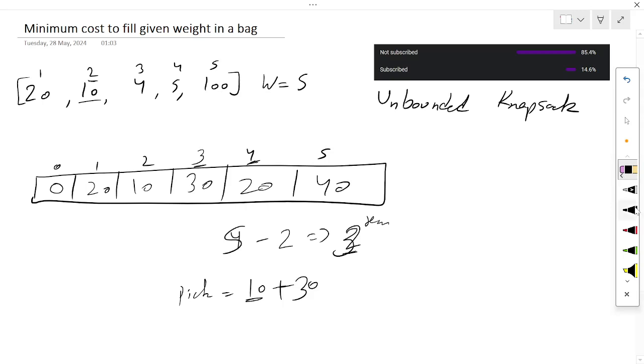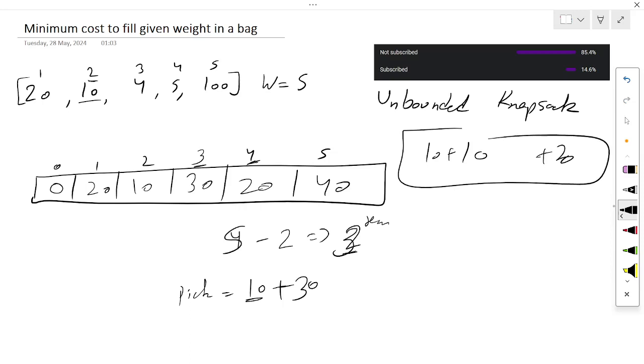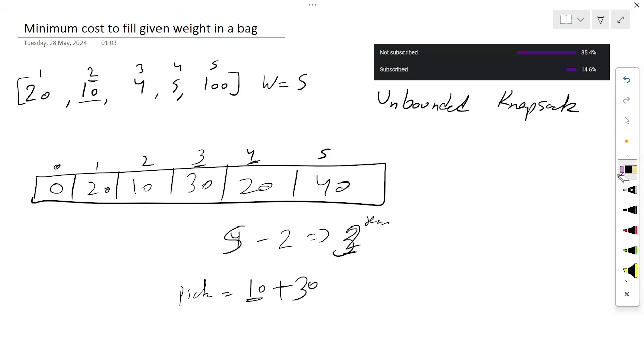So two elements we have considered. You can look at it like this. So 2 times the weight 2 means 20. Sorry, 10 plus 10. Then 1 weight, 20. So to make 5, I have to consider 40 weights. 40 cost, I have to pay 40 cost. Now let's move to the next element.